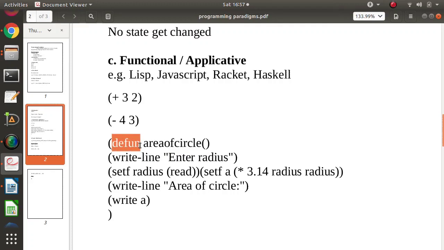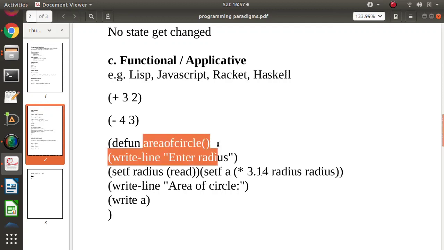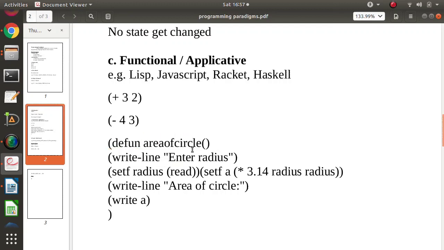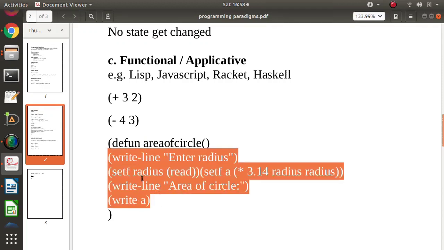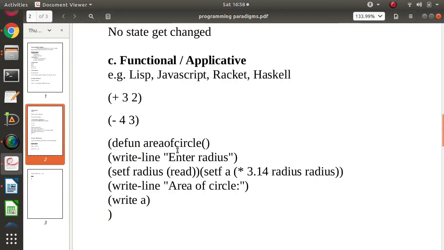Define is a function which is used to define another function, area of circle. So these are the statements in this area of circle function, and all these are function calls: write line, setup, write. So in functional programming paradigms, all statements are function calls.